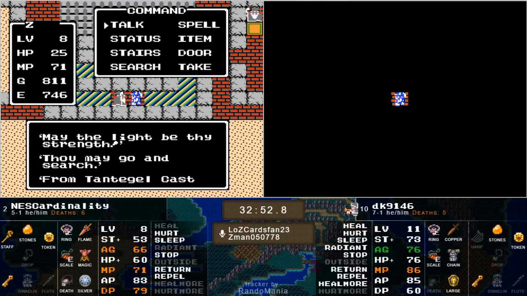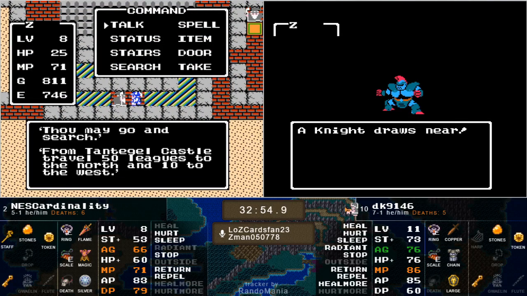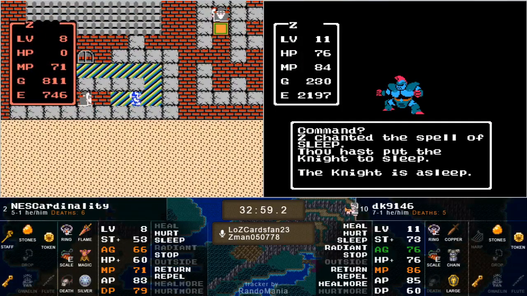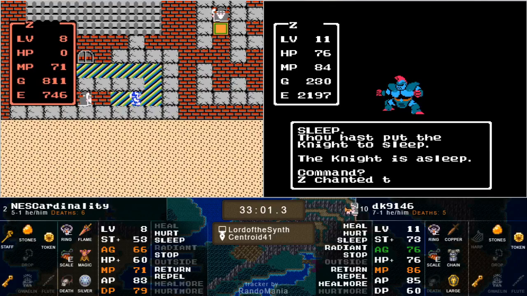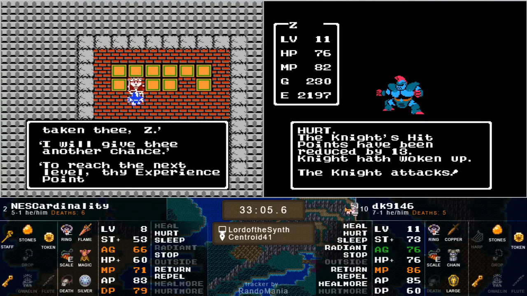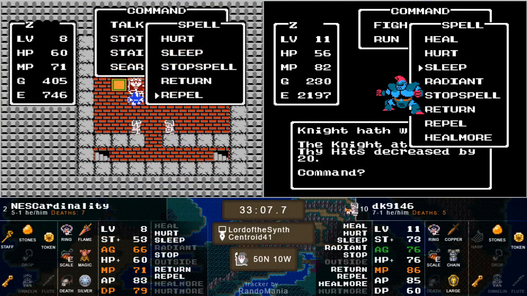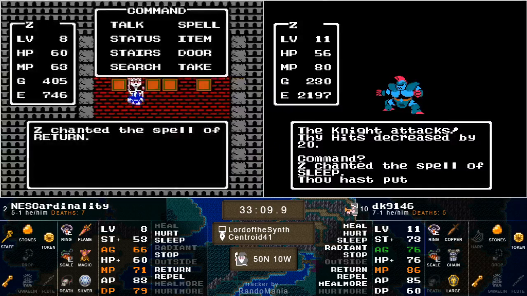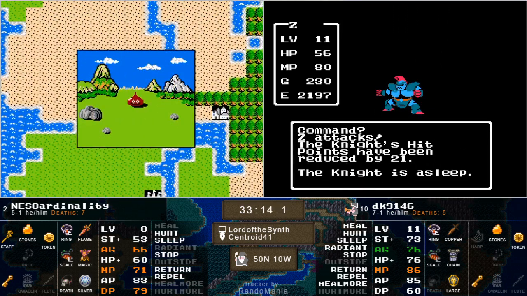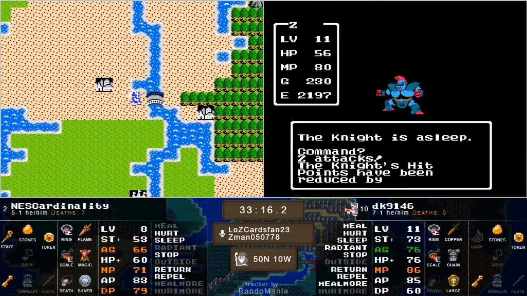Do we have coordinates? There are coordinates 50 and 10. I think it's searchable. Seems searchable to me. 50 north, 10 to the west. If I had to place a wager, Z-Man, I think for the final time we're going to see Princess Gwaelin stay a prisoner. I think so. I do believe we're going to see... I don't think we're going to...